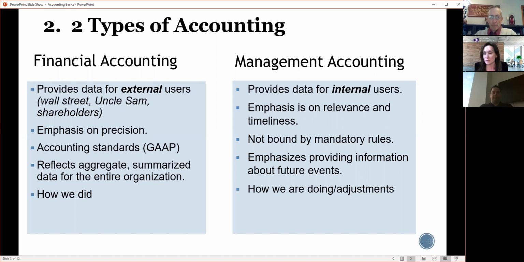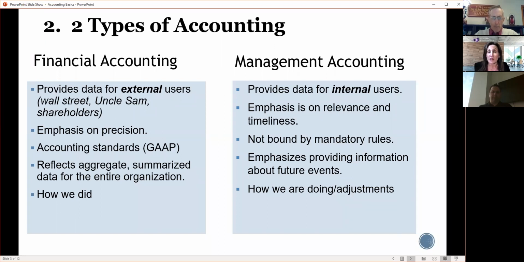But there's also management accounting, and management accounting is taking that same information, the same data, and using it internally to help us manage our organization. This is how we look at dollars to say, hey, we can hire more people, or we have to freeze on hiring people, or we can buy more, or maybe we have to hold back or pull back on our budgets or cut down on our expenses. So management accounting is the process of looking at how we're going to take those dollars and use them to help us grow our business or manage our business on a daily basis.